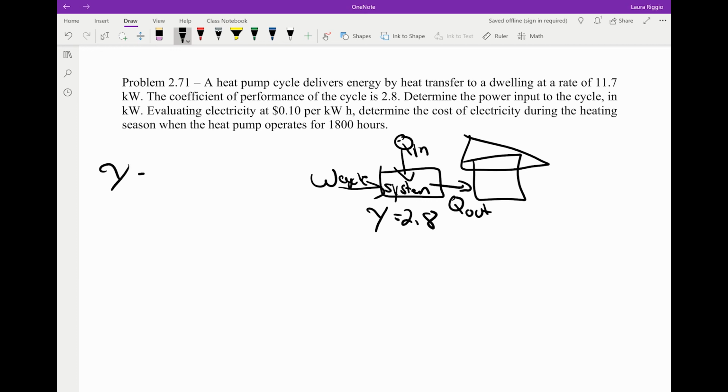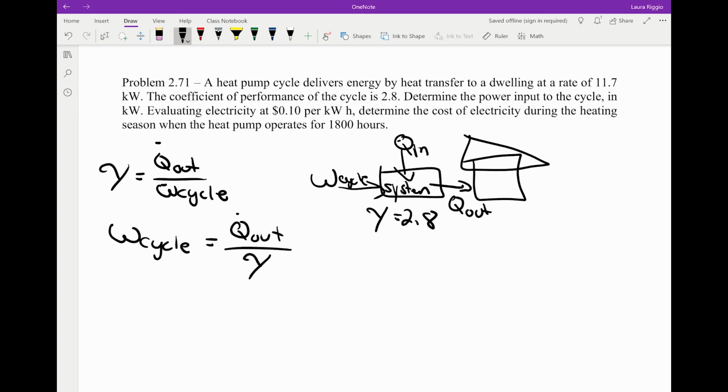So my coefficient of performance is Q out over W cycle. It can also be on a rate basis. So W cycle is equal to Q out divided by our coefficient of performance, which is 11.7 kilowatts divided by 2.8,